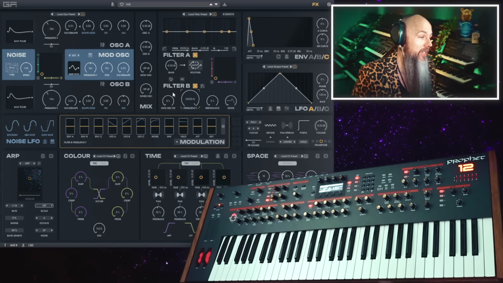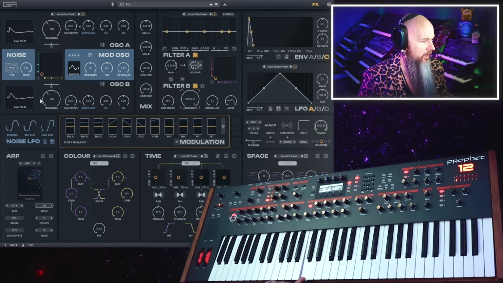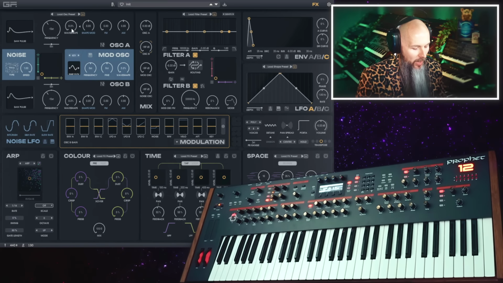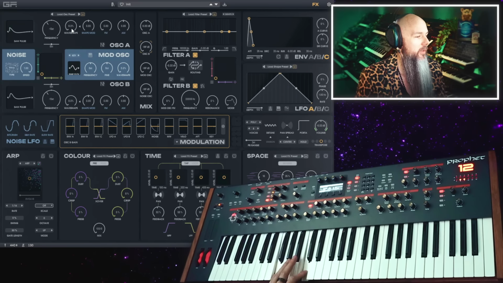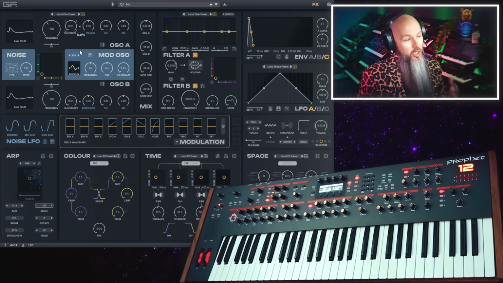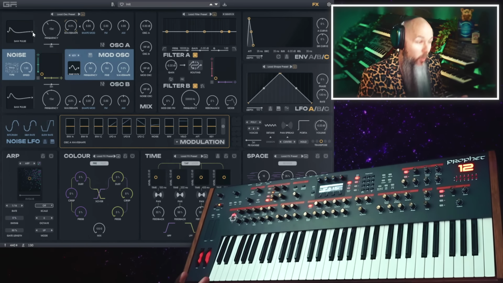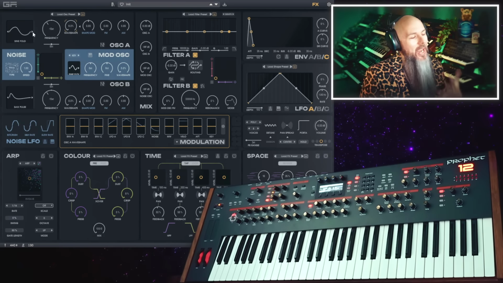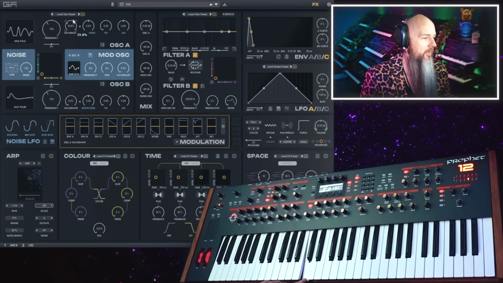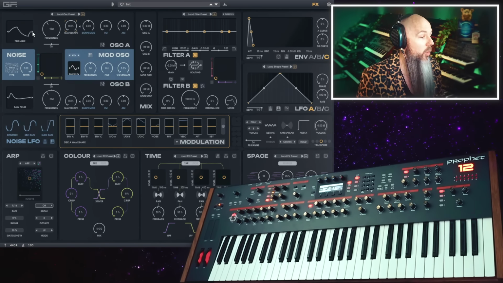So the initialized preset starts off with the saw pulse waves. I'm going to turn oscillator B off for this example, and we can hear that as we move the wave shape, it becomes more like a sawtooth. It's actually pulse waves stacked to sound like a sawtooth. And we have a bunch of other wavetables, I guess, that take inspiration. So for instance, this is more of an FM style wavetable. We also have Buchla style wave folding,